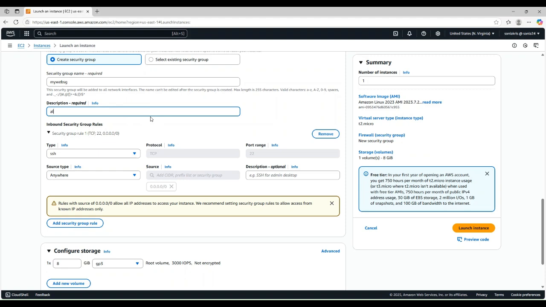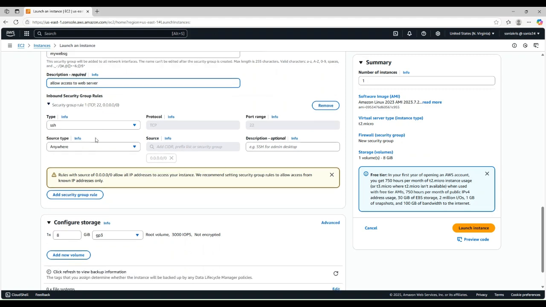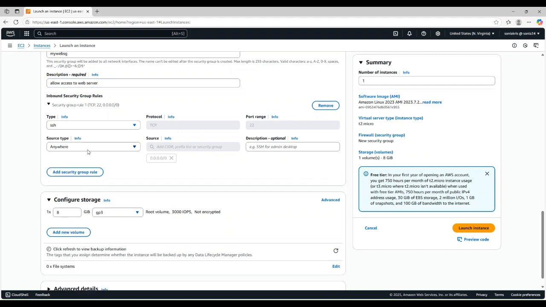So just to allow access to web server. Inbound rule, I'm going to allow SSH access so that I can do updates, create patches, and install software